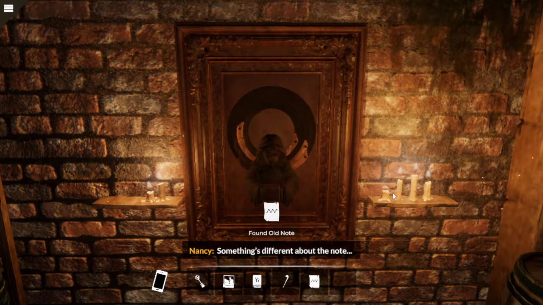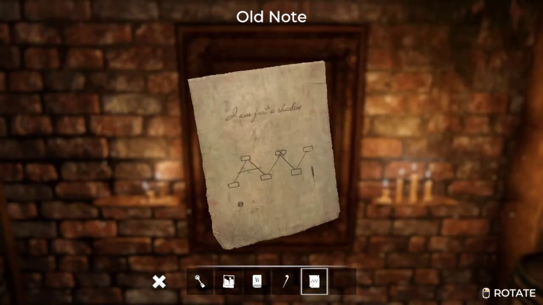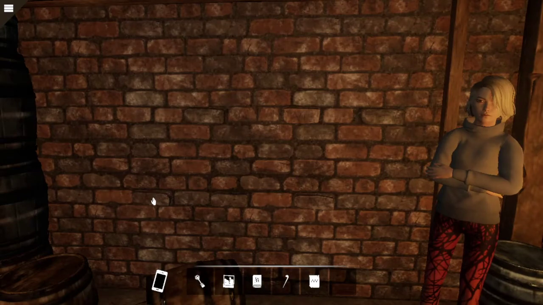Something's different about the note. Do we burn it? Oh. Okay, so I think this must be the map to the bricks. So do we do a zigzag pattern to spell like AW? Okay, let's try it. So, okay, so I see this one. I only see like 4 bricks with her initials in it. Maybe this one too. Okay, and I guess this one. Okay, let's...